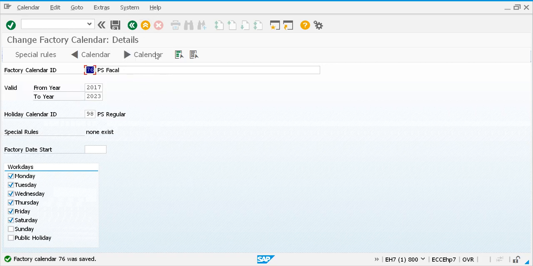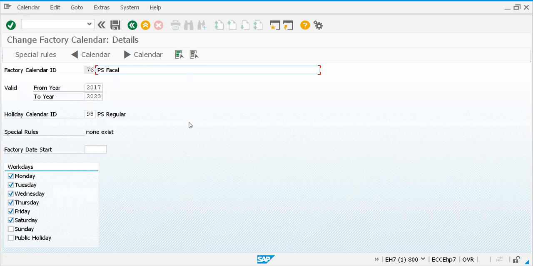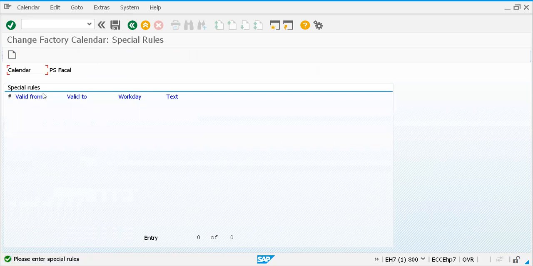Now, as I have created and saved it, you can maintain special rules. For example, with special rules you can convert the public holiday to a working day. I'm clicking on special rules here. So I can go back and check. It depends on how you are maintaining. For example, we have maintained New Year. So I'll click on special ones, validity. From validity, what I will do is, for example,